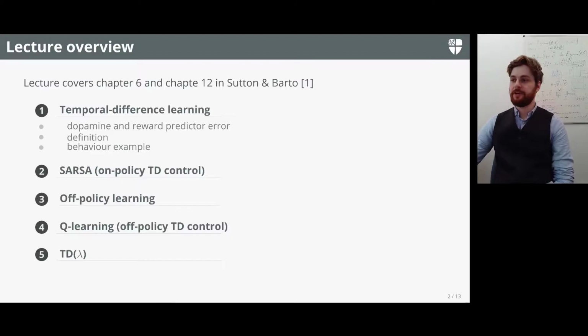So in this lecture we're going to start by discussing the role of dopamine in the human brain, and we're going to then see how temporal difference learning is actually like an algorithmic form of dopamine, where this reward prediction error theory has become one of the most successful theories in neuroscience. This is going to bring us into a nice position where we can formally define temporal difference learning mathematically,